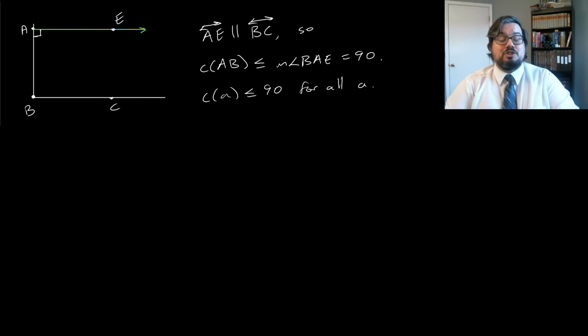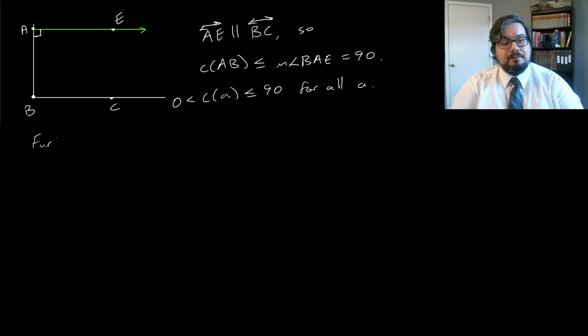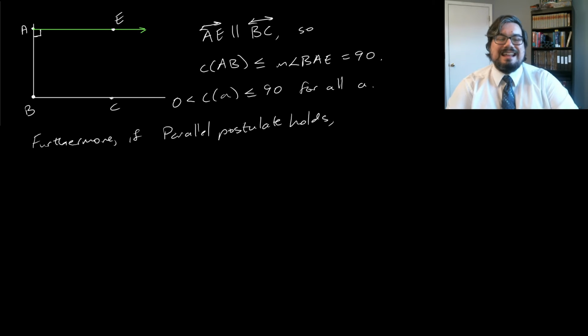And in fact, we already showed that it's positive. So we have that the critical number is always greater than 0 and less than or equal to 90 for all A. Furthermore, if the parallel postulate holds, then the line AE is the only line through A which is parallel to BC, which means in particular that